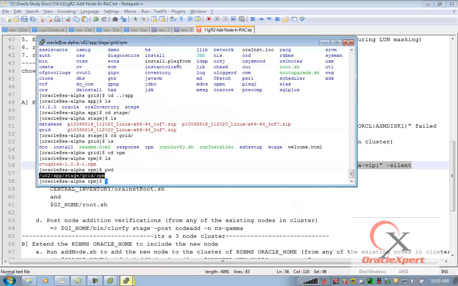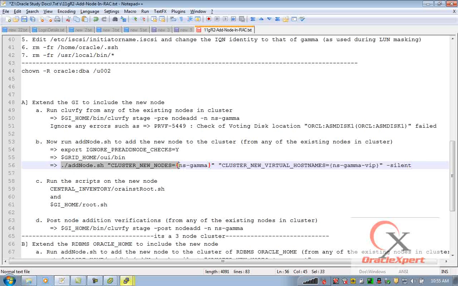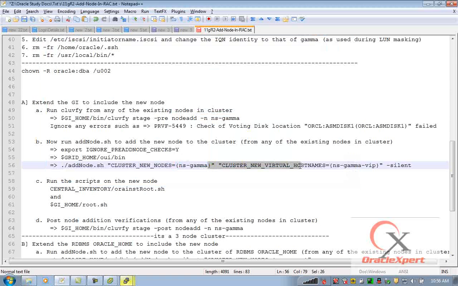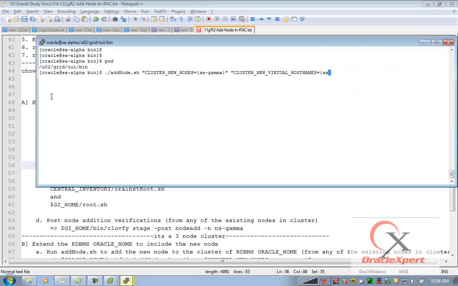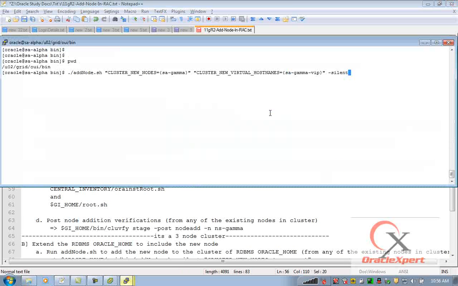So here I am on alpha. I am going to Oracle home OUI bin. Note that my ORACLE_HOME is set to grid home. And now I am running the command. So I said from grid home OUI bin, addNode, cluster new node is SA gamma, cluster new virtual host